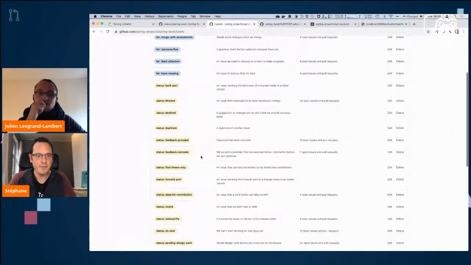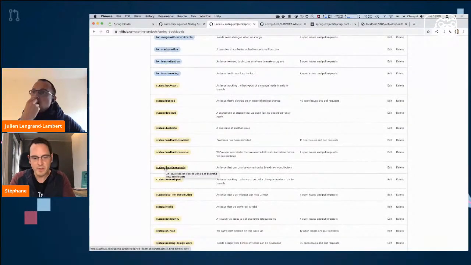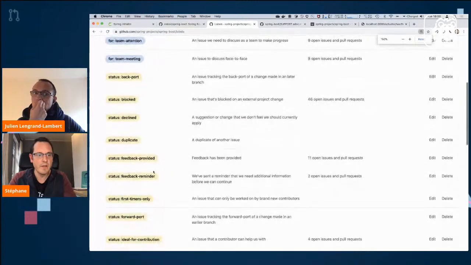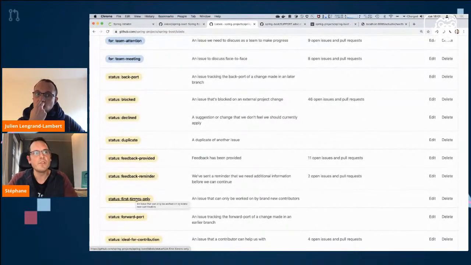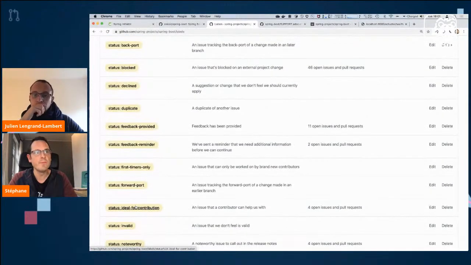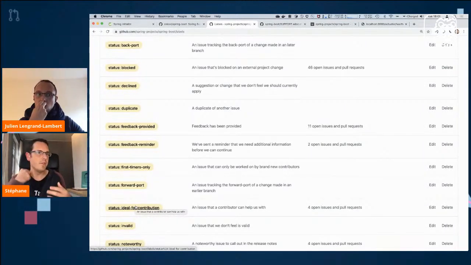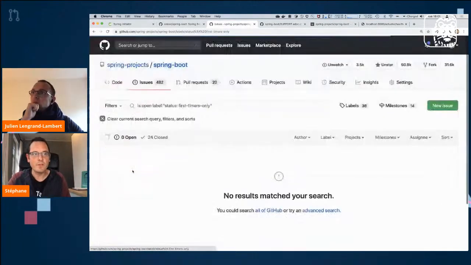What we use ourselves is first timers only. So let me actually increase the font a bit here. First timers only, for which we really craft the issue in such a way that someone that never contributed to open source can contribute. And ideal for contribution, which is not crafted in a way that will go step by step with you, but rather the issue itself feels small enough so that someone who did not contribute to the project yet can contribute. So if we click on the first timer,